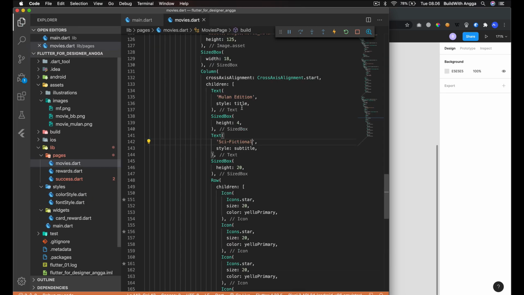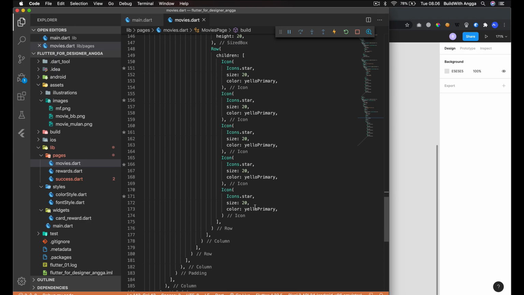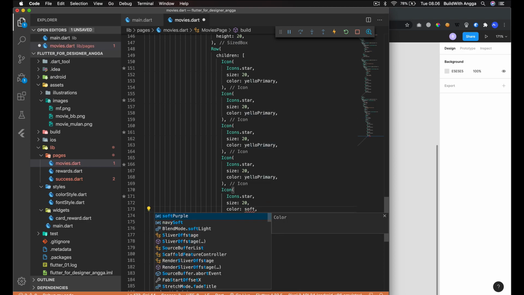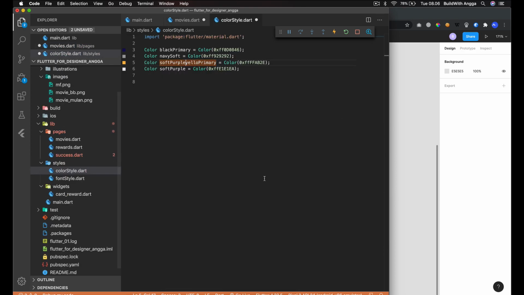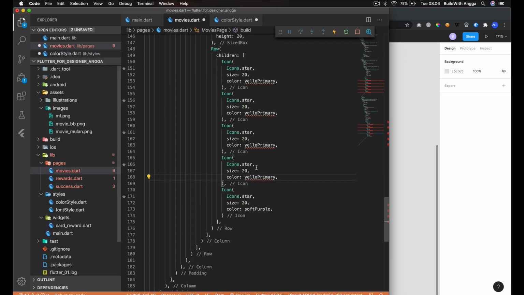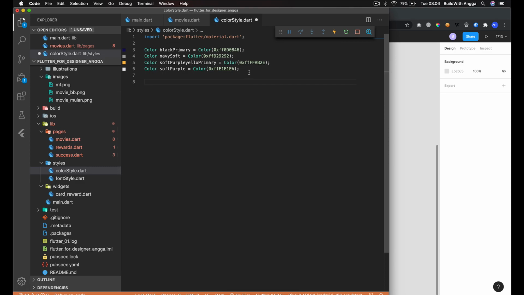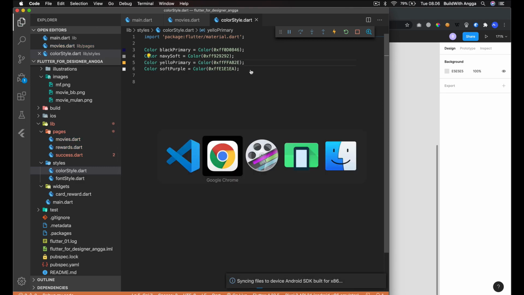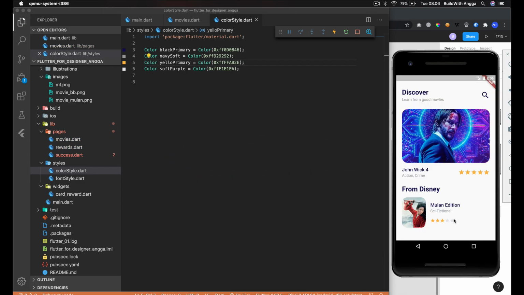Okay, and then select the latest stars for the soft purple. Oops, and it is working like this.